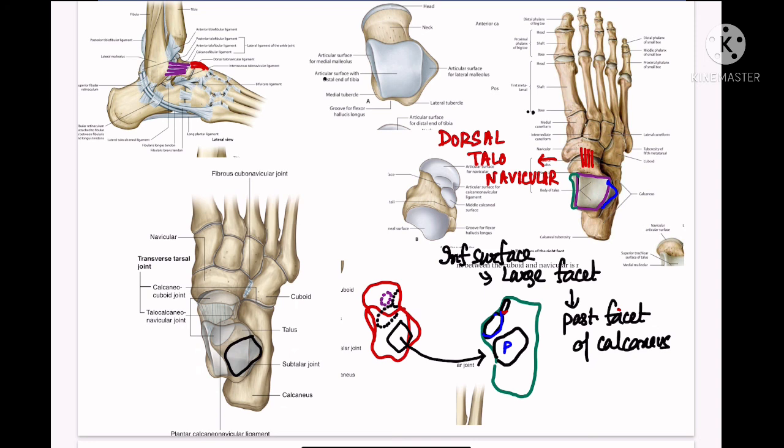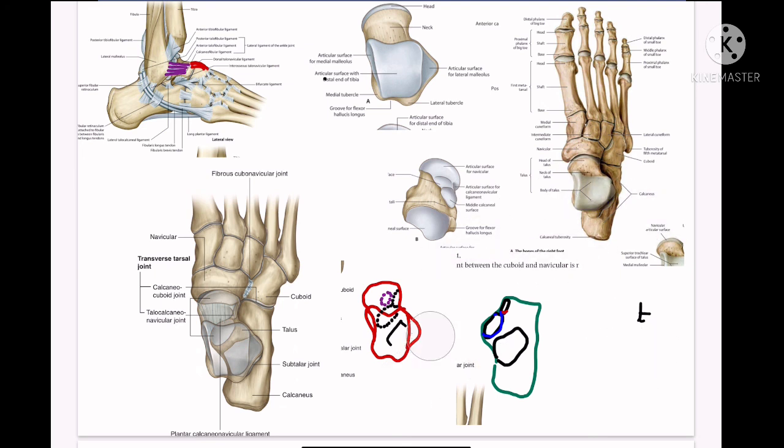Then only the posterior surface is left to discuss. What about the posterior surface? This portion is the posterior surface. First we clear the diagrams. Posterior surface is this portion. The posterior surface is narrow and it projects backward as the posterior process of the talus, and it is grooved by a narrow groove. There is a groove. This groove is for the tendon of flexor hallucis longus,